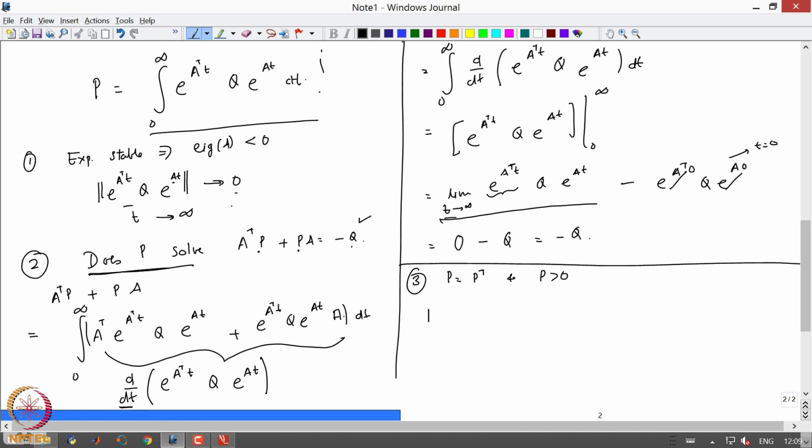The first step should be easy to check. Start from here. What is P transpose? P transpose is the integral from 0 to infinity. I just have these 3 matrices and I just invoke the transpose formula. So, if I write it correctly, (AB) transpose is B transpose A transpose. Okay. So, this will be e power A transpose t, Q, e